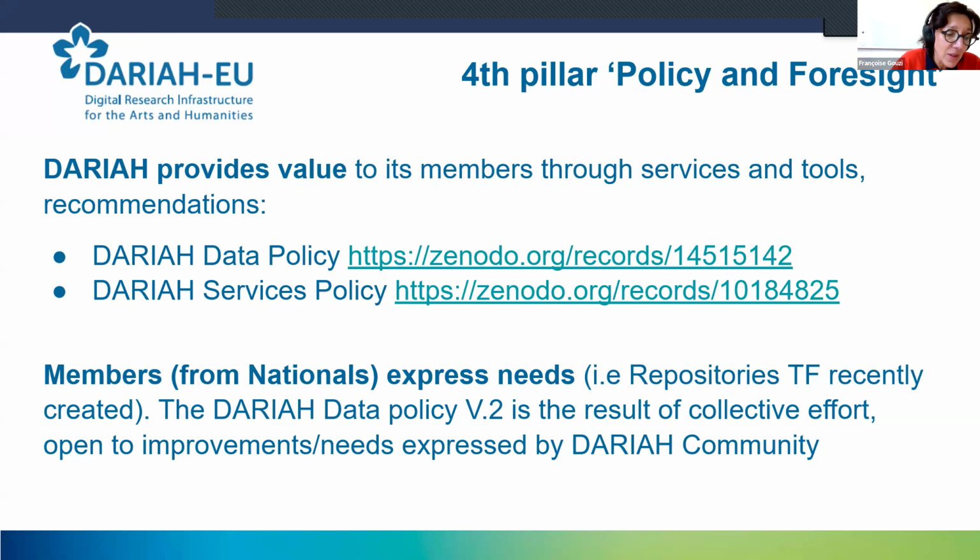One of the objectives of these policies is to bring our communities in the European landscape as EOSC or other data spaces, such as the Common European Data Space for Cultural